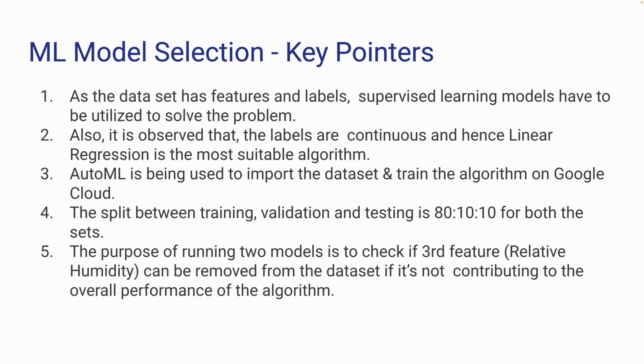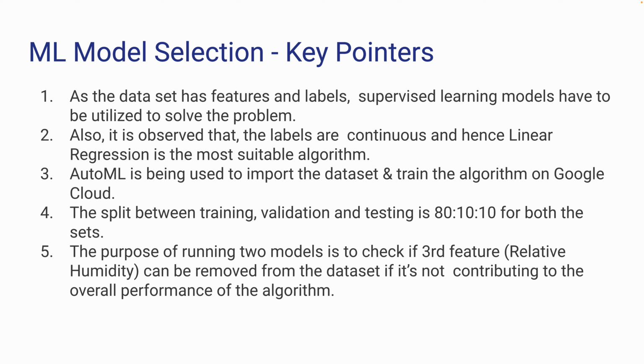As explained earlier, the dataset has both features and labels, which is why the ML model type that needs to be employed for this problem is a supervised learning model. Also, the labels are continuous and we are not classifying anything into zeros and ones, but rather we are trying to predict a number based on a given set of numbers, and hence linear regression is the most suitable algorithm